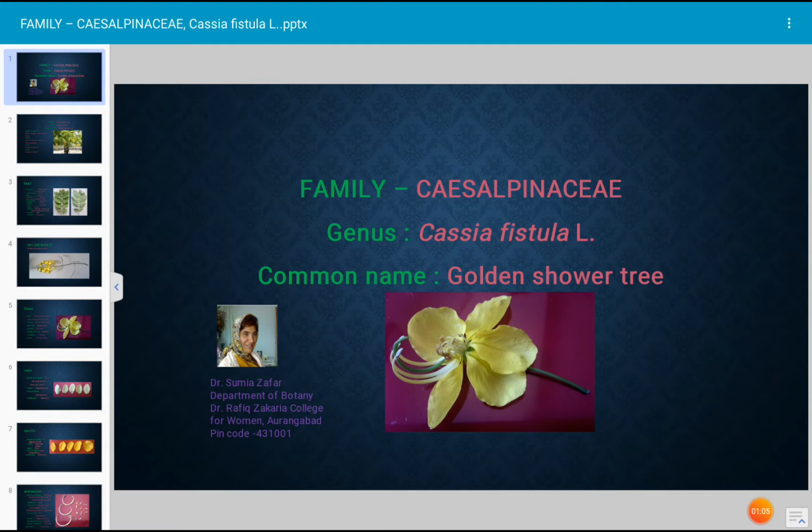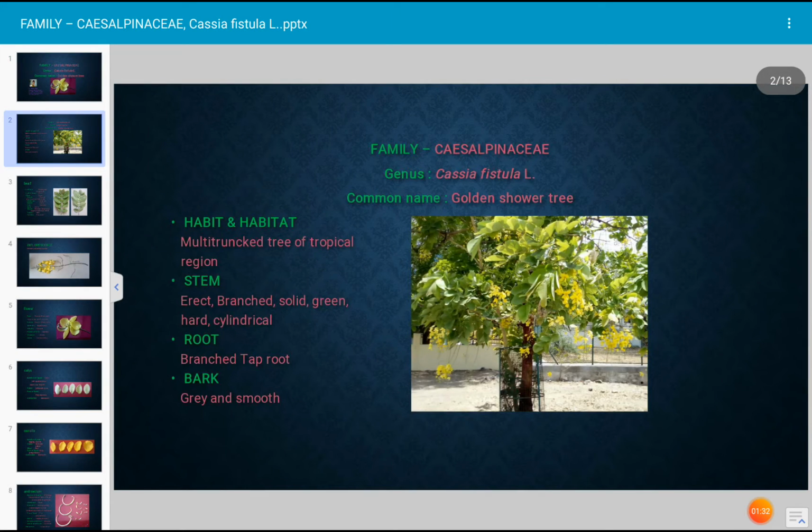The twigs of the tree, that is Cassia fistula, are used as fodder, and this is a medicinally important tree. Several types of traditional medicines are also prepared by the use of this tree. Several parts, even the bark, leaves and flowers, are medicinally important. It is a medium-sized deciduous tree, mostly growing up to 10 to 15 meters tall. The trunk may be straight with spreading branches.